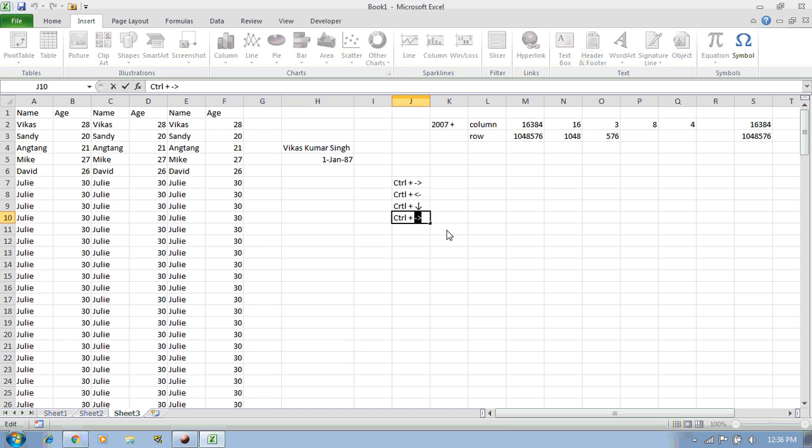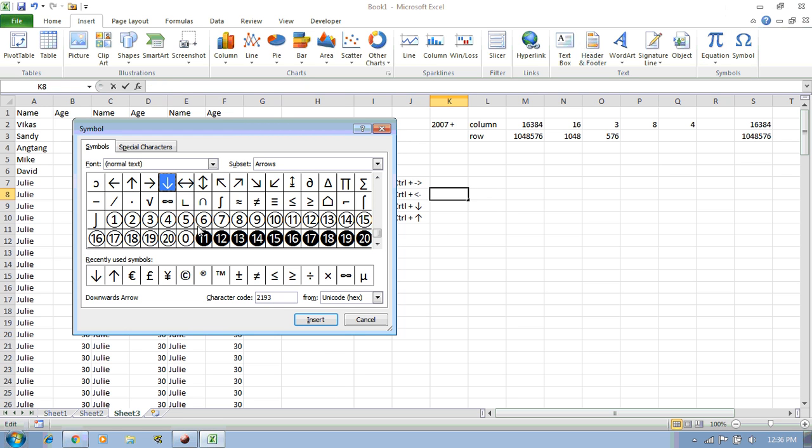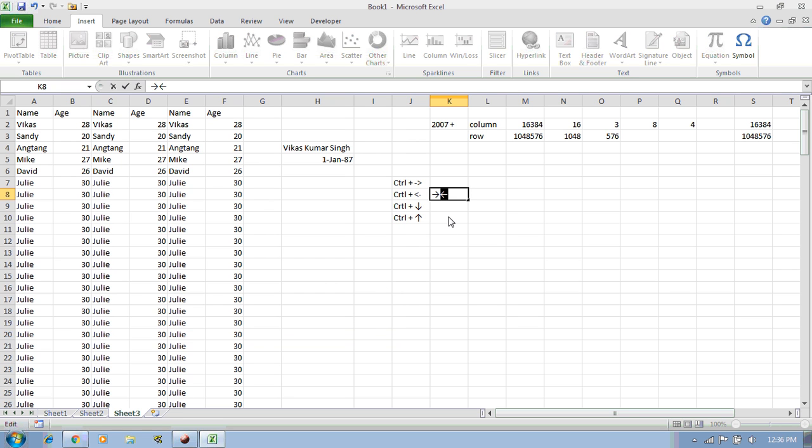Mainly in Excel, you will be efficient if you know more shortcuts, and you will be able to finish your task easily. One more thing: whenever you go for an Excel job and give your interview, most of the interviewers ask about these shortcuts. Because they know that if you know the shortcuts, you will be able to complete your task as soon as possible. It is the faster way of using Excel.